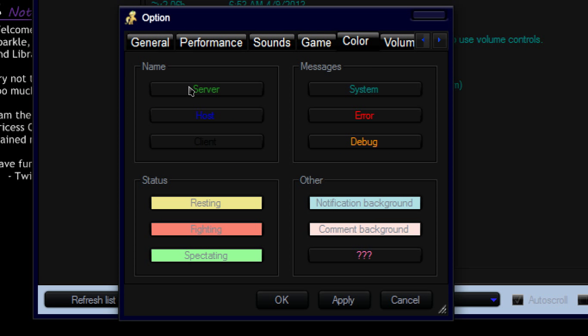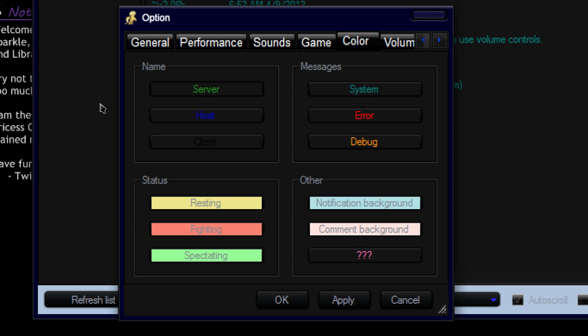Color. If I can click it. This is just the different colors of what different things are. So, first of all, you've got your nice little names over here. These are the different name colors that you can have. I'll explain each one of these because I said I would.